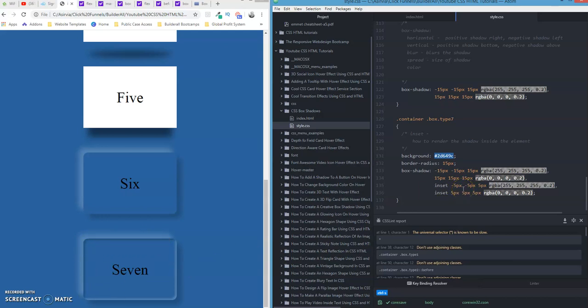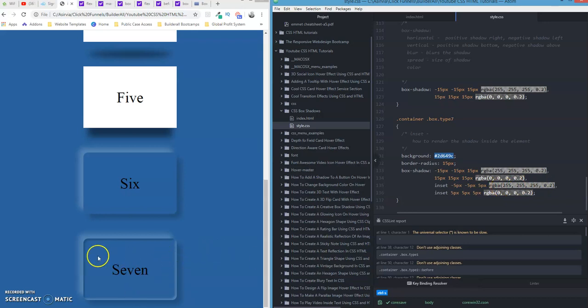Now this is backwards, as is explained up here. Now you would think by using a minus, a negative value here. Let's go up here to see what the negative value is for the horizontal. A negative value means the shadow is going to show on the left. Well, since this color here is white,